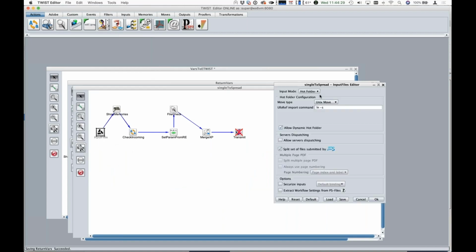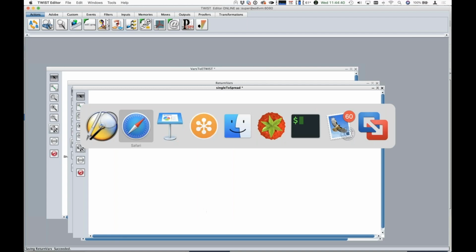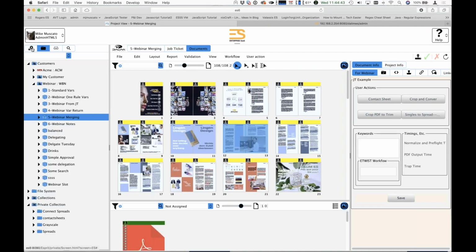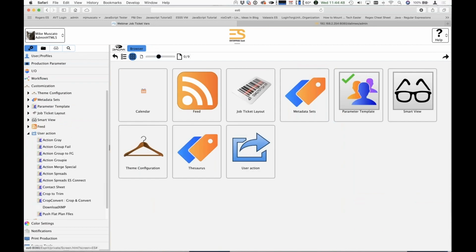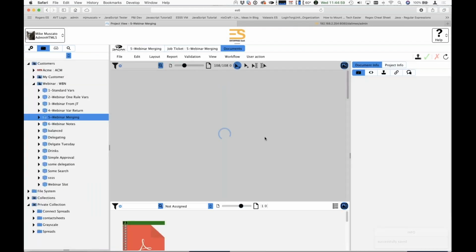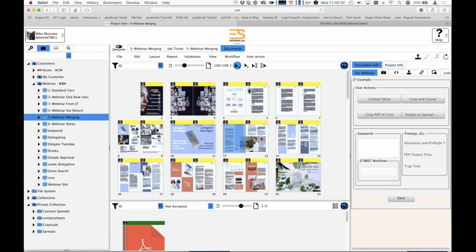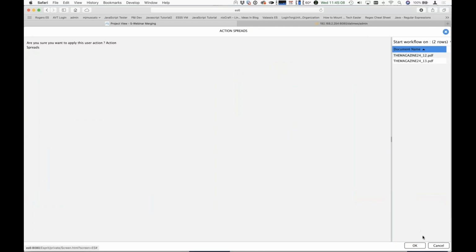And you'll notice in ETWiST, the input files tool has a different option. There's this thing called split set of files submitted by ES. Fair enough. What's a set of files? Well, let's look at that user action that we just ran. It is action spreads. What we need to do is turn on this option called enable grouping. What enable grouping does is it will take multiple files, that guy again maybe, I'm going to send it to the same user action,